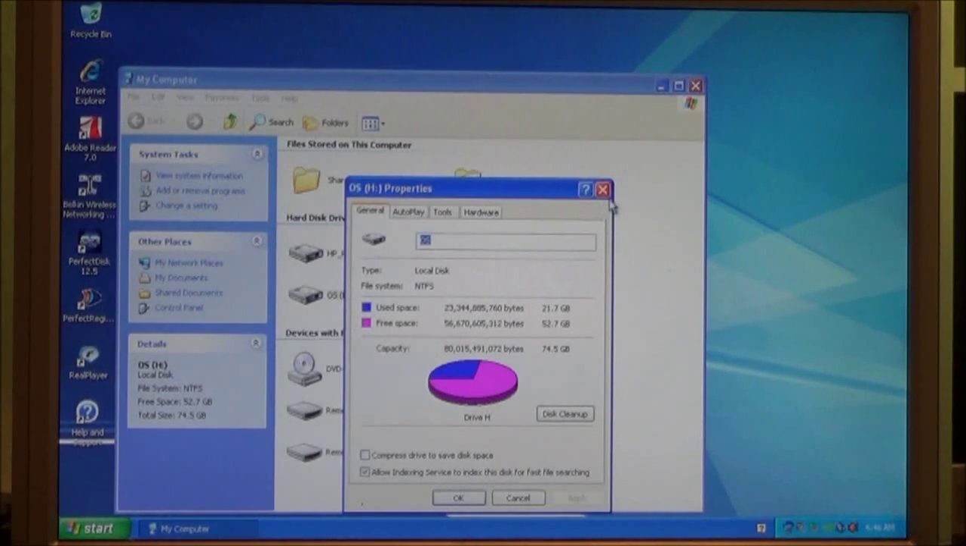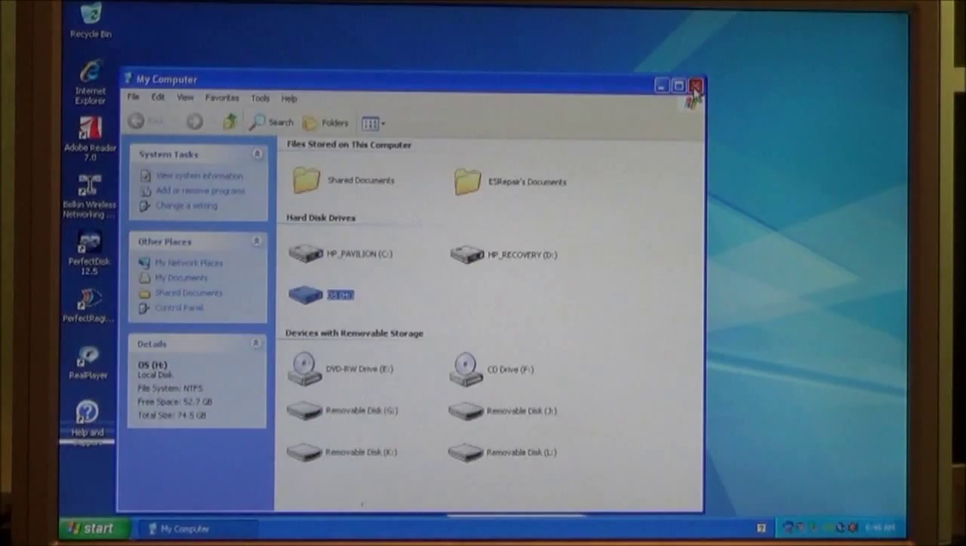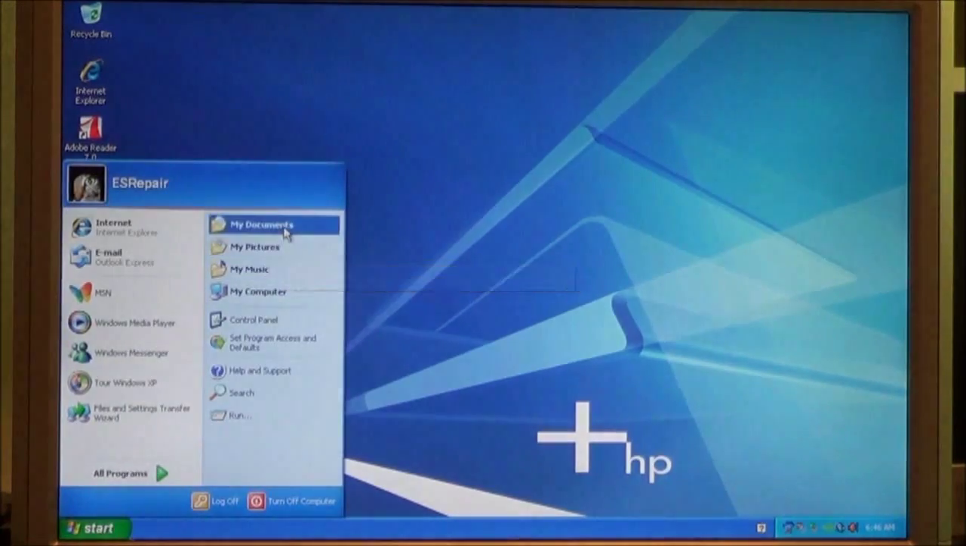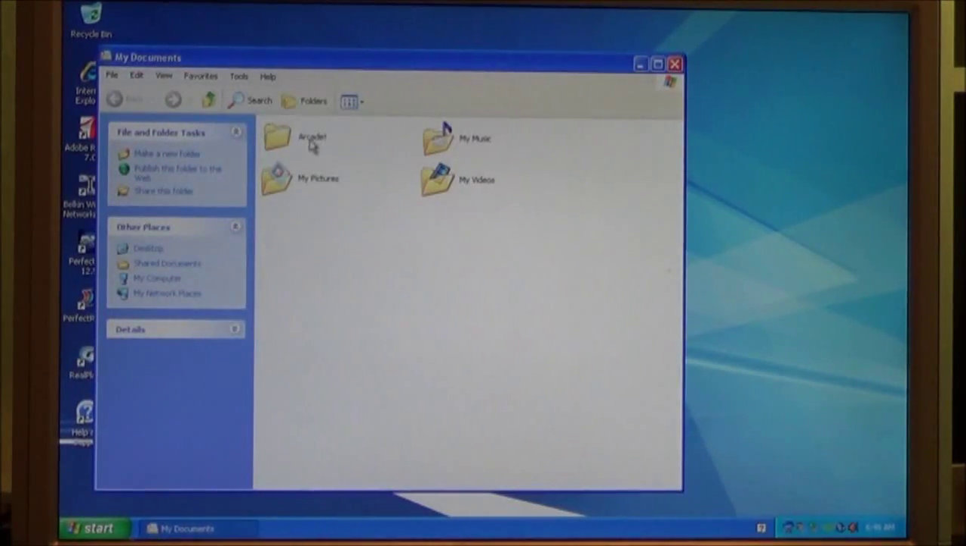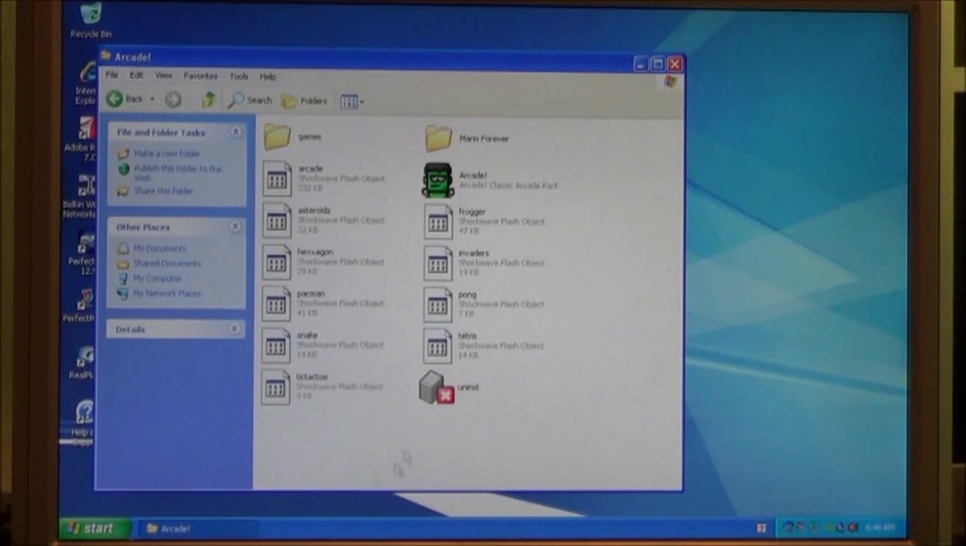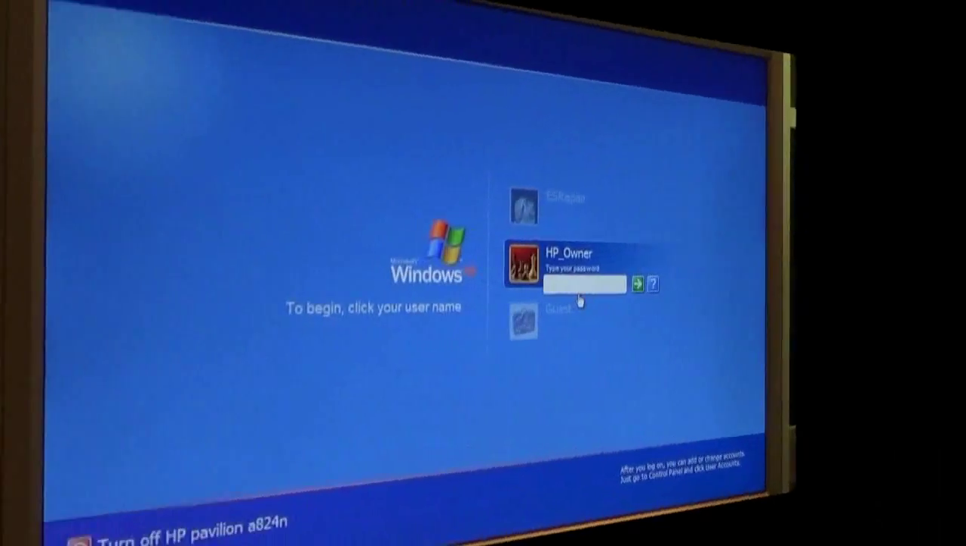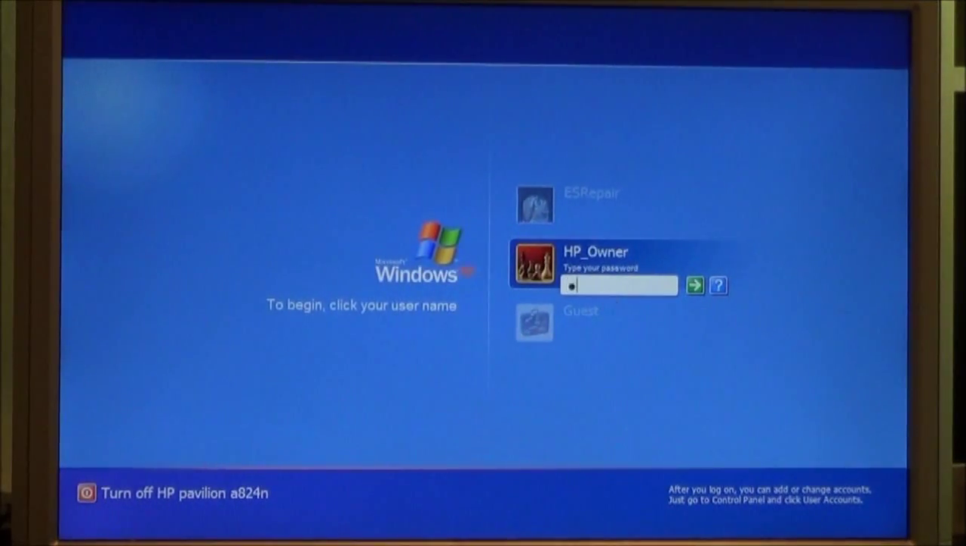To get out of it, what we'll do is exit out. Now, this is my ES Repair account on the XP. If I go to My Documents and then choose Arcade, I can access the folder. Now, if I was to log off, and now if I choose HP Owner,